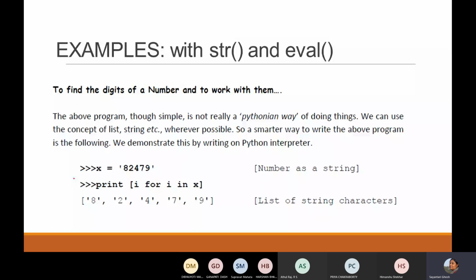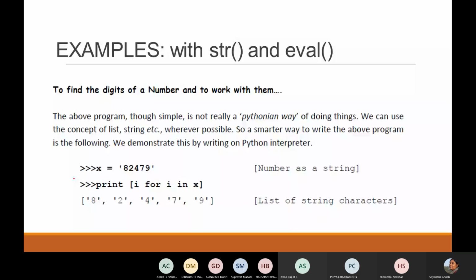Proceeding along the same line, let us talk about some problems where I don't only need the entire number. For seeing if a number is a perfect square or not, you just need the entire number and check. But there are some numbers where you need to see the number digit by digit. All the digits of a number you need to break down and store as a list, and then you have to analyze each and every digit. For example, a palindrome number would be something